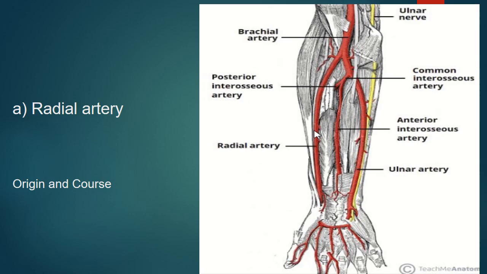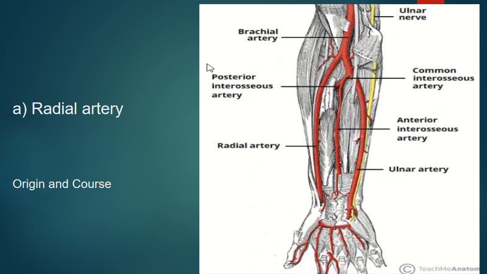This radial artery makes the anterolateral demarcation of flexor and extensor compartments of the forearm. As you already know, the forearm is divided into two compartments, the flexor and extensor compartment. This radial artery forms the anterolateral demarcation of these two compartments, or in other words, it forms the lateral boundary of the two compartments. It is separating the two compartments anterolaterally. This was the course of radial artery in the forearm.